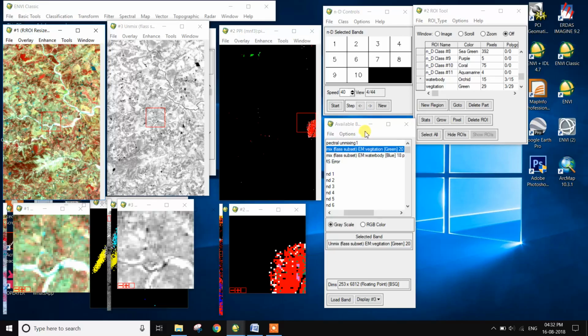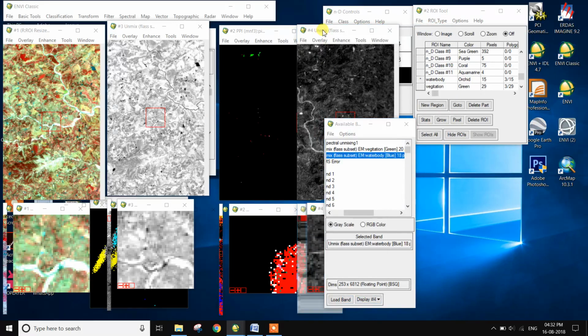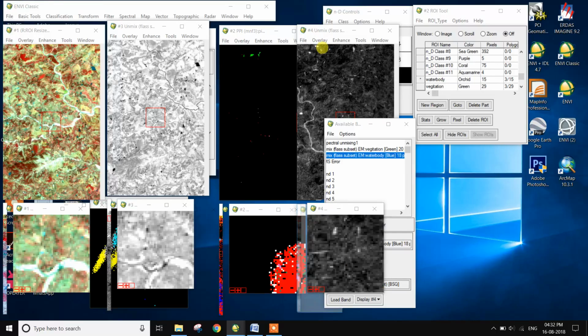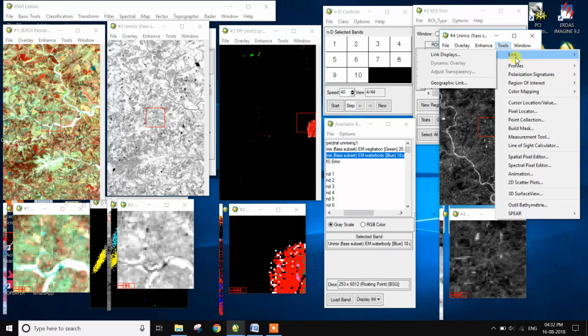Next, open this water body of this spectral linear unmixing classification. So there is the unmixing classification. This is the river channel. So link this main image.